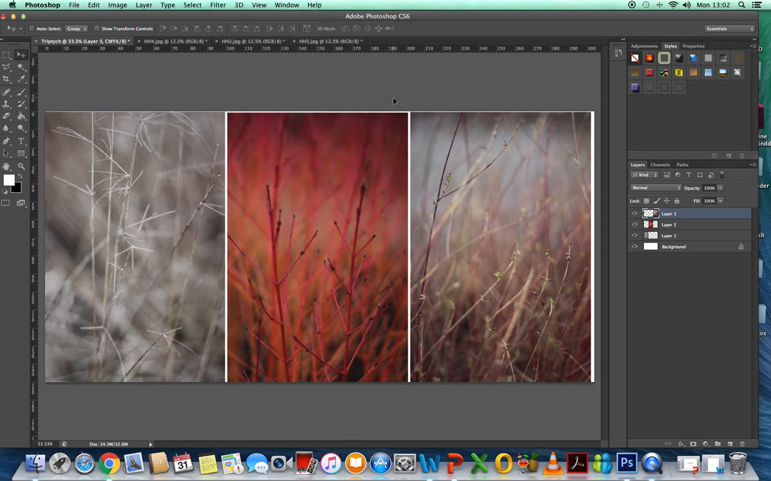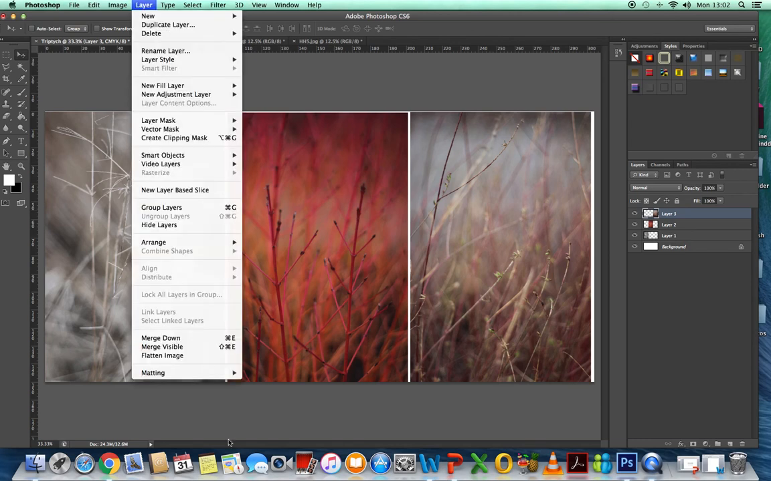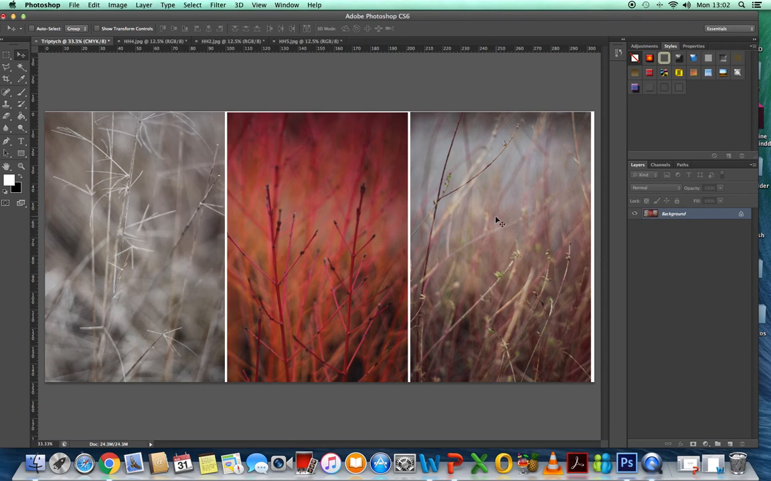Okay. Right, at that point, what we're going to do is we're going to now just make all this into one layer. So we're going to go to layer, and we're just going to merge all the visibles. And now what we've got is one layer. And then we now want to get rid of all the extra kind of white margins on the side. So if we go to the cropping tool,